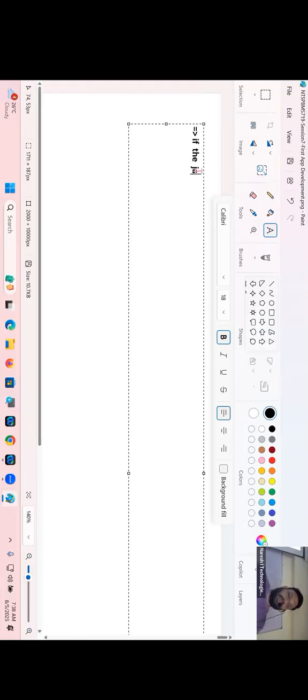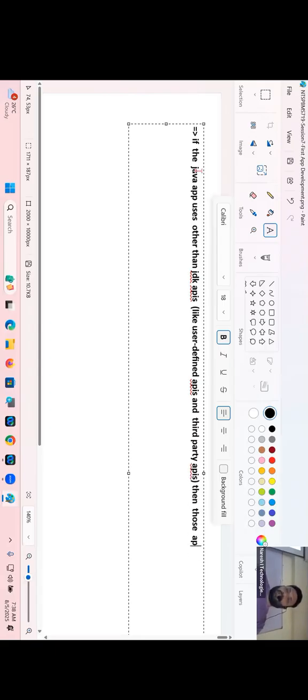If the Java application uses APIs other than JDK APIs, like user defined APIs and third party APIs, then those APIs related main and dependent jar files must be added to the class path to make Java tools like javac, java and etc. recognize and use